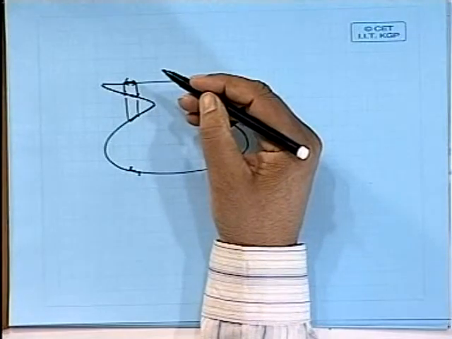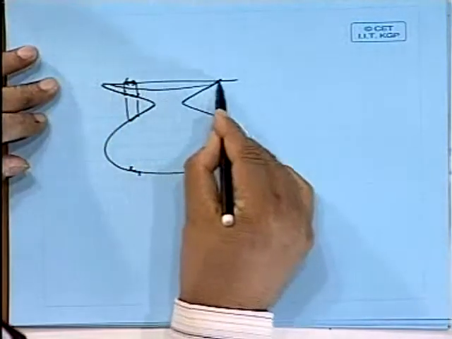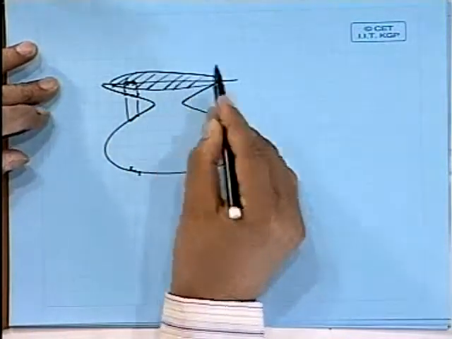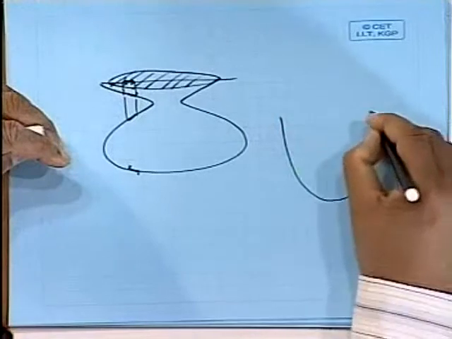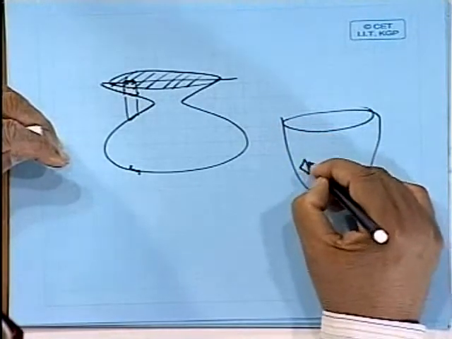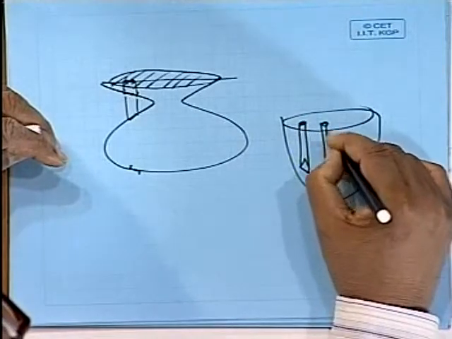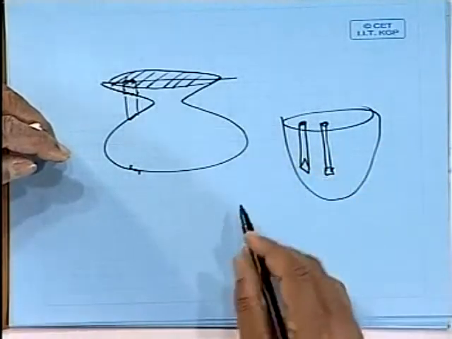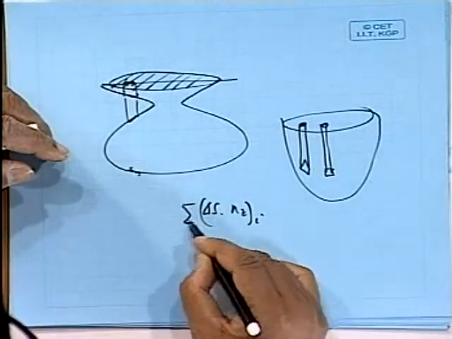Theoretically, you can show that for any closed surface, if you add up the projections, you will end up getting exactly the surface area, not more, not less, always exactly the surface area. It gets cancelled out. So you see, it is a very interesting concept. It is like a Cauchy theorem or whatever. You are just taking this small projection, another projection, and adding them up. So that means delta S into nz of i, summed over sigma, gives you AW.